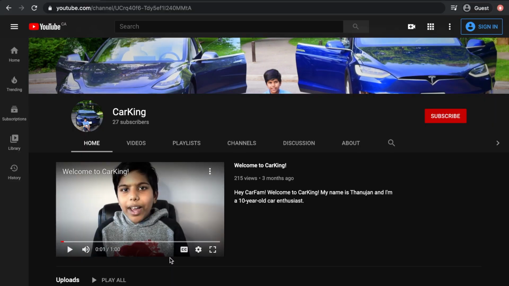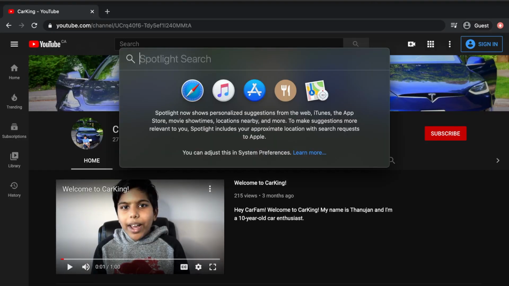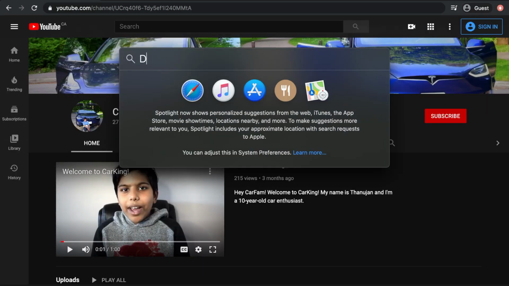Now I'm going to show you how to format your USB drive on macOS Catalina. First, go up top and go to Spotlight Search. Then search up Disk Utility.